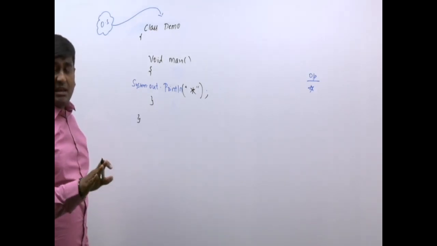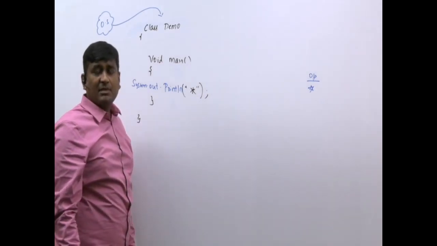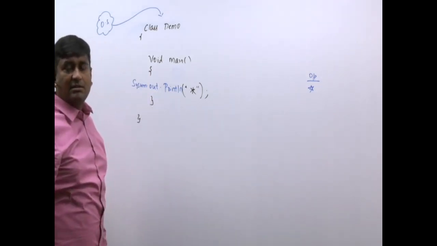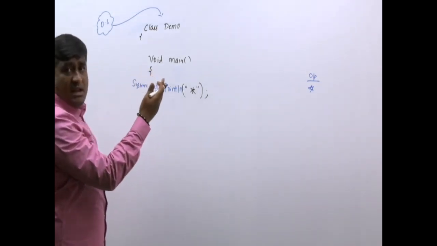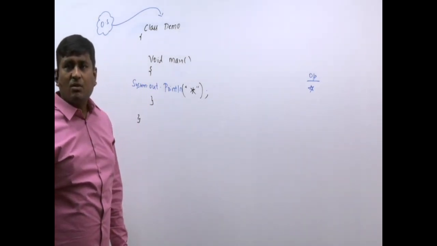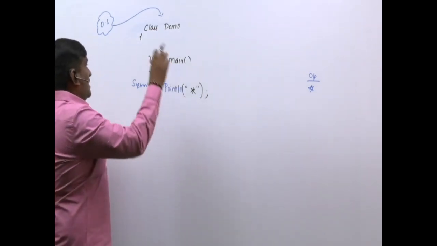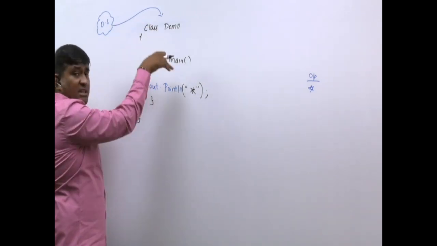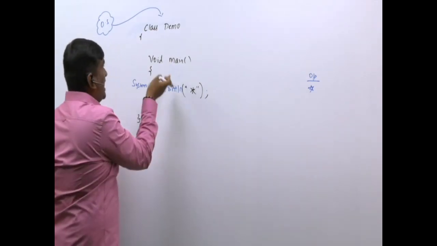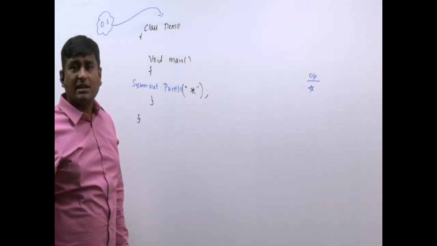Now, Java is happy. But OS is not happy because OS is not able to see which method? Main method. Oh, what to do? Sir, you remove it. Is it a game? Removing, putting and all. Now both OS and Java went to God. God asked, hey, why did you people come to me like that? OS told, God, I have a problem. What is your problem? God, whenever any program is to be executed, I should transfer the control, and I will transfer the control only to one fellow by name called as main. But this Java has put that main inside a class. How can I access him? How can I see him? Please tell me.